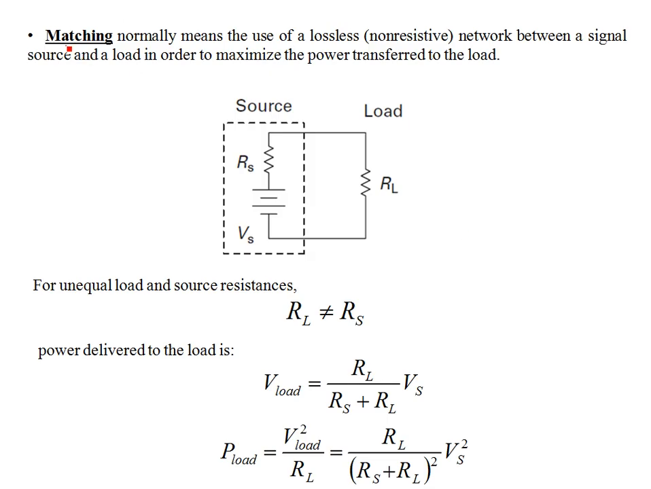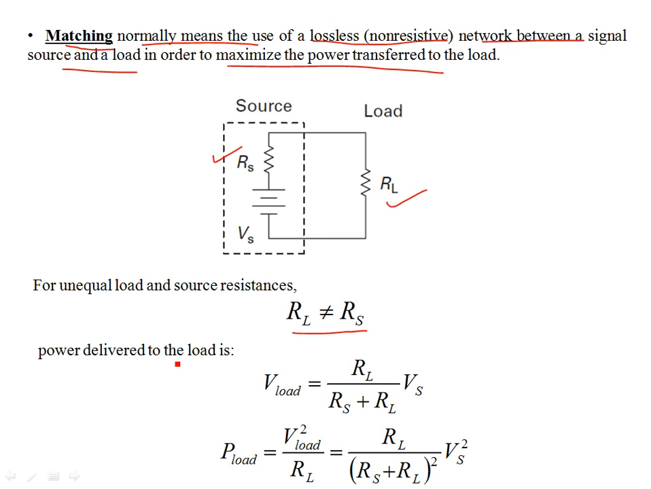This terminology, matching, most of you will know normally means the use of lossless or non-resistive networks between a signal source and the load in order to maximize the power transfer. So you have this source, consider this source having a finite resistance of Rs, and then you have a load RL. RL and Rs are not equal. In that case, you don't have maximum power transfer. So what you do is match RL equal to Rs, so that both source and load